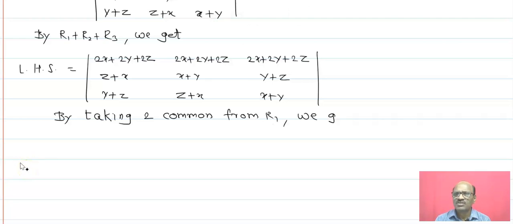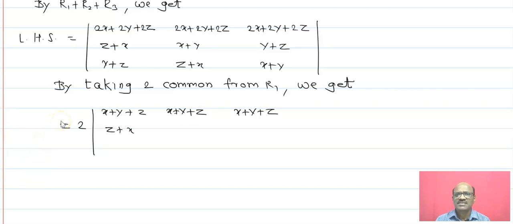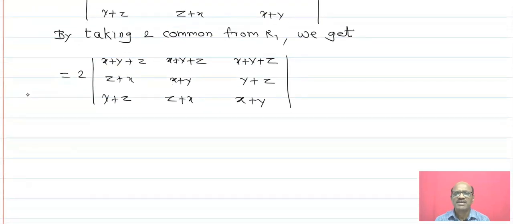Taking 2 as a common from R1, then we get 2, and the determinant is x plus y plus z, x plus y plus z, and x plus y plus z, and that's why we have z plus x, x plus y, y plus z, and last row y plus z, z plus x, and x plus y. Now we are evaluating with the help of the property. Now the next is